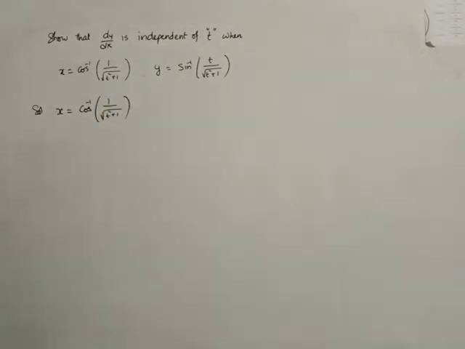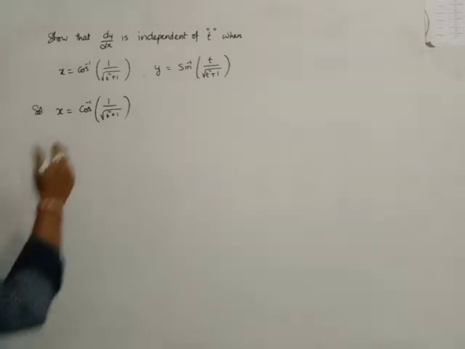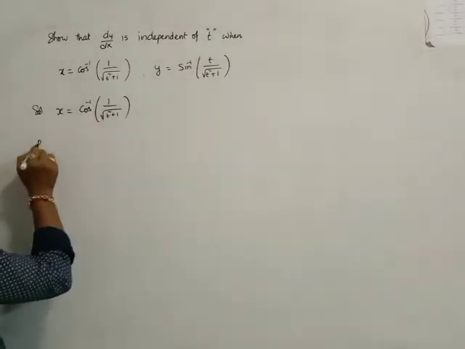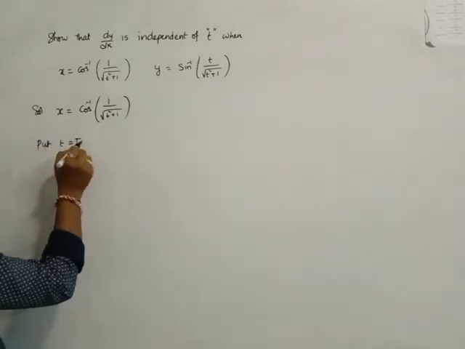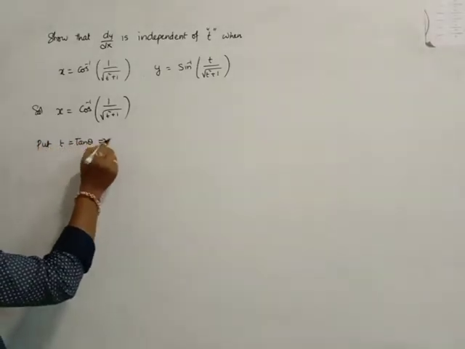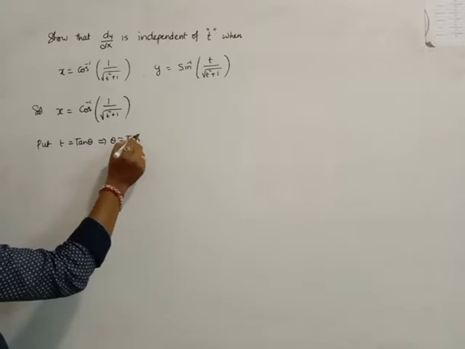In general substitution, what is the first thinking? Tan theta. Tan square theta plus 1, do you have any formula? Secant square theta minus tan square theta is equal to 1. So 1 plus tan square theta is equal to secant square theta. So we get our formula. So what can you do? Put t is equal to tan theta. So it implies theta is equal to tan inverse of t.